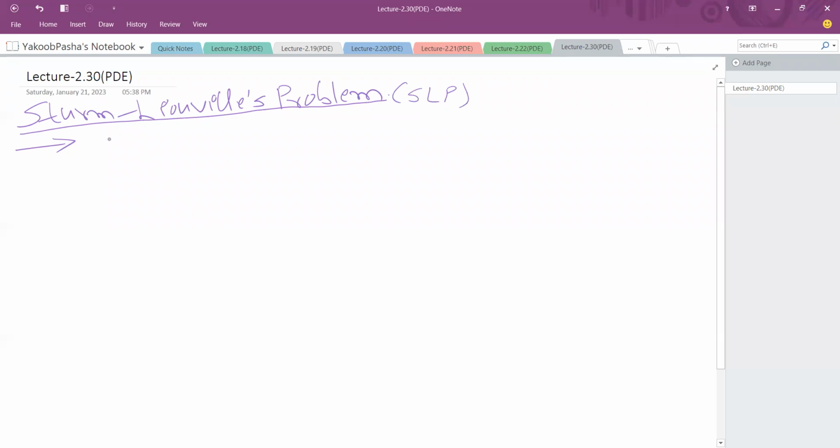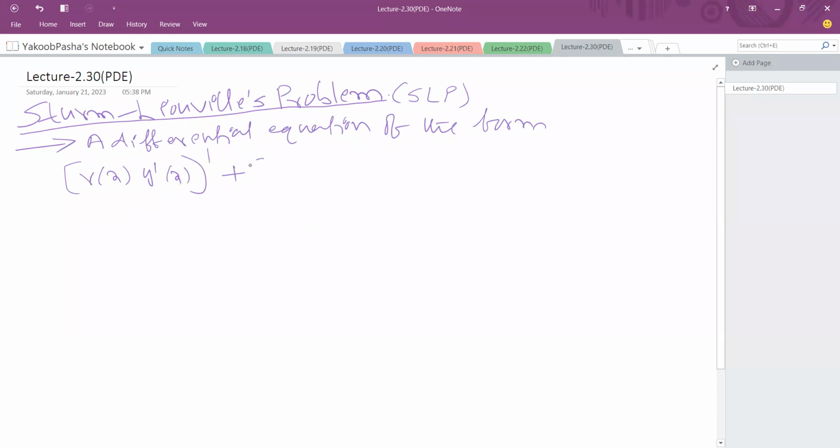A differential equation of the form (r(x) y'(x))' + (q(x) + lambda p(x)) y = 0. Let it be equation number 1,